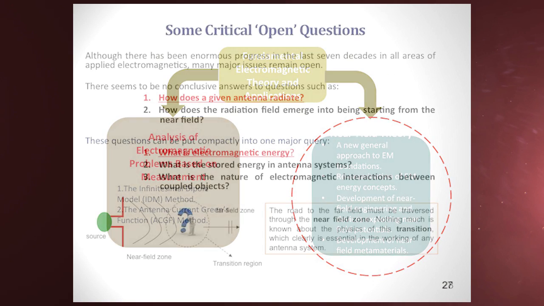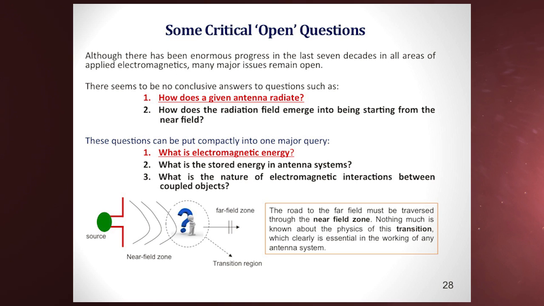And these are the concepts I'm going to talk about. And here's a critical question that I pointed to in the beginning: do we know how a given antenna radiates? Well, antennas have been around for so long. But really how the energy leaves the antenna and is gone, you would be astonished to see in the big textbooks that there isn't really a full explanation of this fundamental thing. And the question of electromagnetic energy.